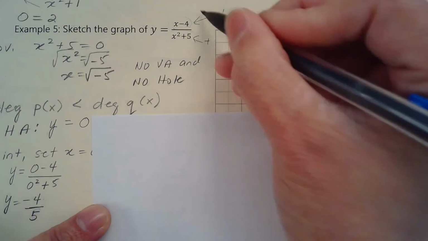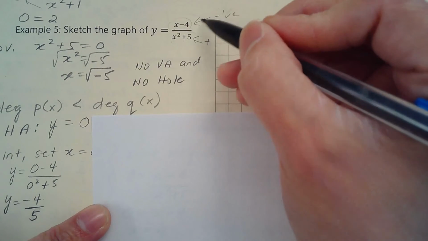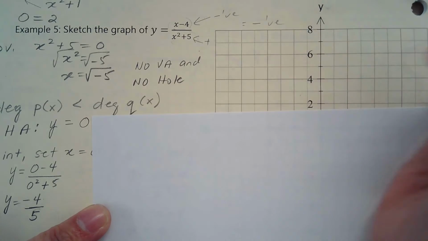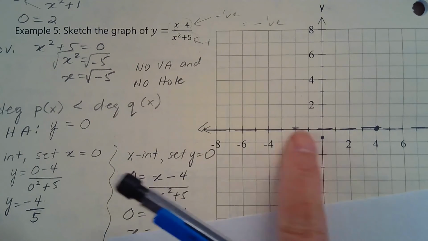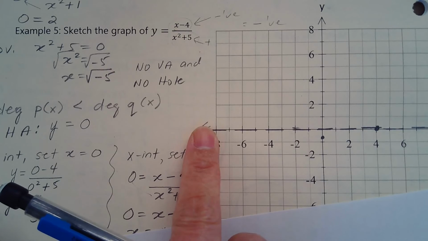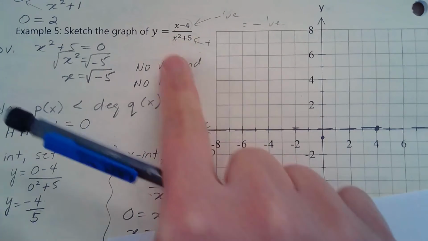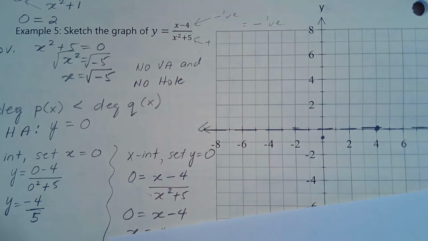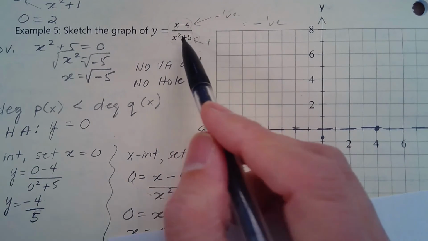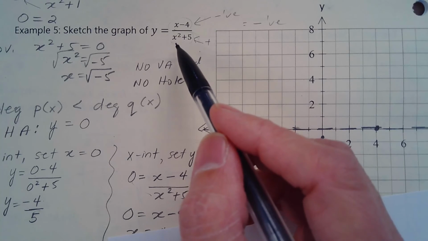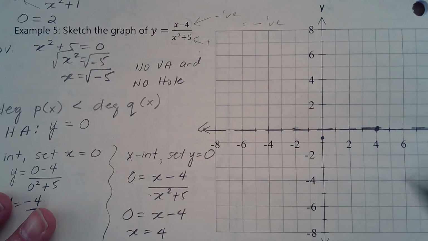So overall, we're going to have a negative divided by a positive, which is a negative. As we continue this way to the left, x values are negative, and overall it's going to be a negative value. And it's getting closer and closer to 0, right? Because the denominator gets super big faster. So that kind of gives us,